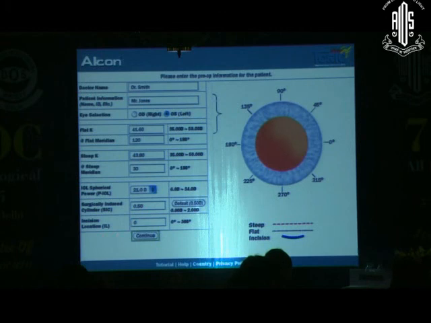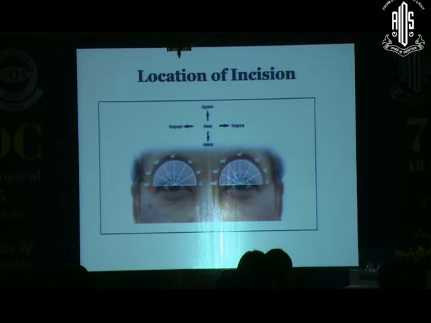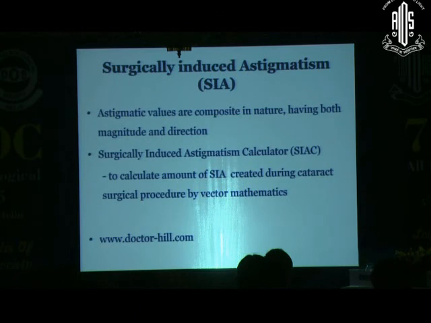Now, incision location has various degrees, like if you are in the right eye, if you are making a temporal incision, it is 180. In the left eye, if you are making a temporal incision, it is 0 degrees. And depending upon the incision site where you make, you enter the data. Now, surgically induced astigmatism is an individual's own